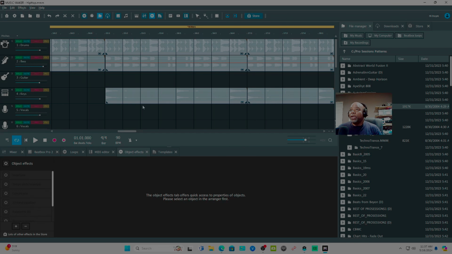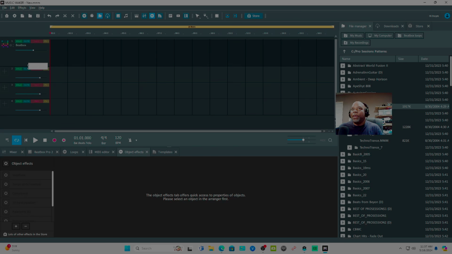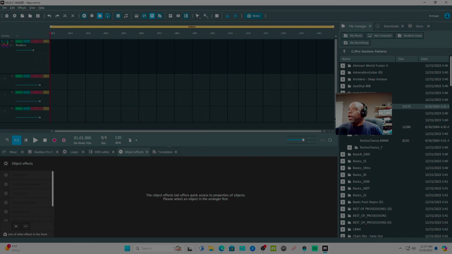So you can see that you could get loops and create, right? So this is what we're gonna do. I know I'm not in Acid Pro, but this can be done in Acid Pro. I'm just using Music Maker. I always get that mixed up. So I'm gonna show you guys how it looks. I thought I did a new. So we go do new. Why they got beatbox right there? I don't like beatbox.